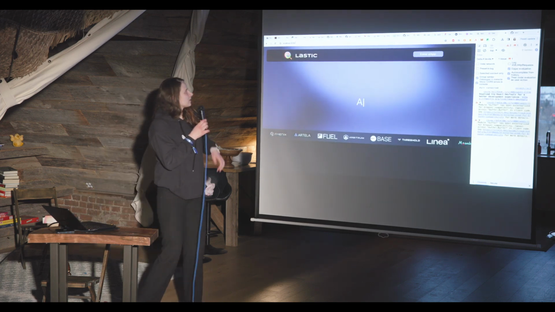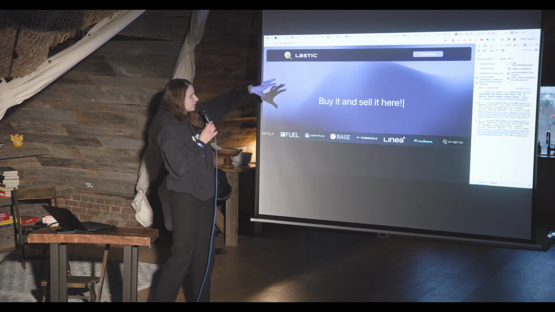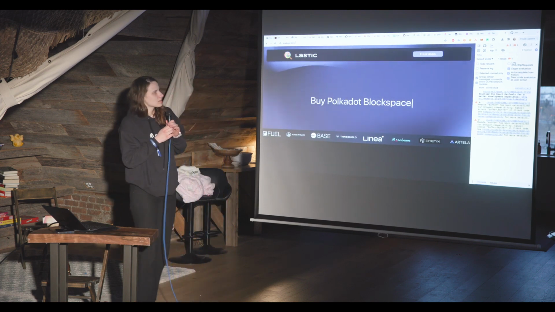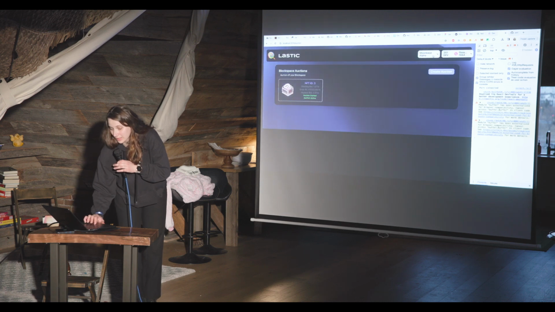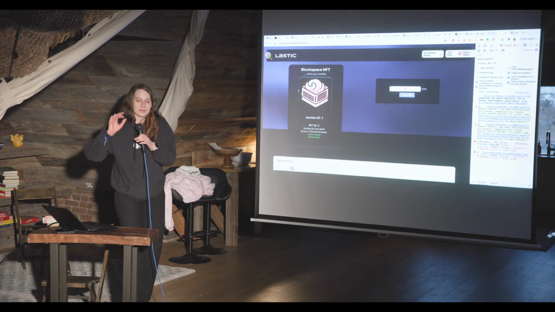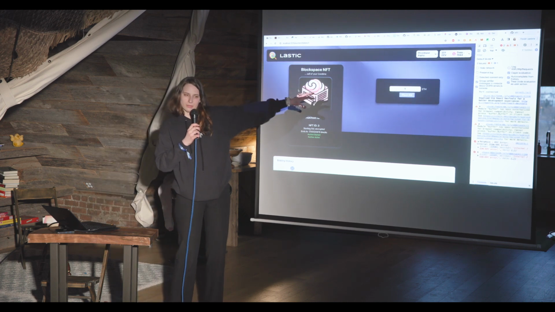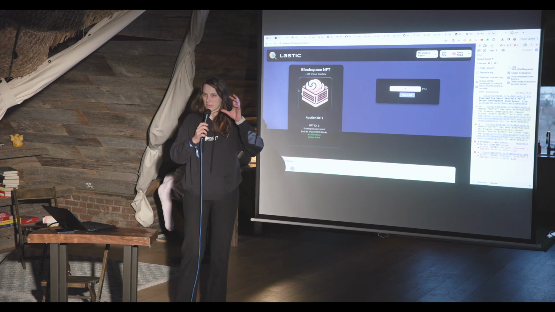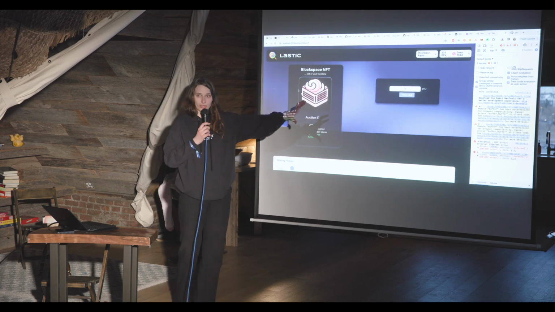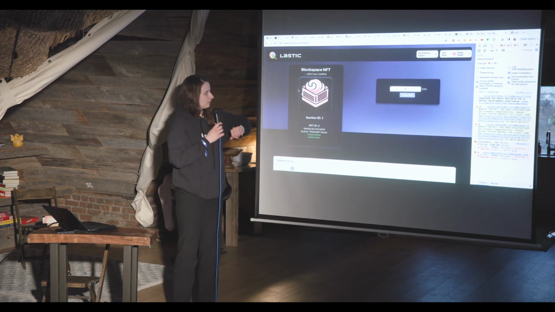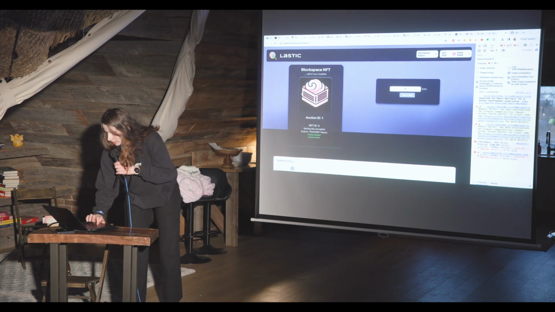So this is our lovely app that we developed for the purposes of this hackathon. It's not integrated yet on our main UI. Essentially here you're able to auction off the Blockspace. Somebody would deploy the Blockspace here, and the Blockspace is represented as an NFT. So this is basically a marketplace for auctioning off NFTs. And it's connected to Moonbase Alpha. And so here we could place a bid for this